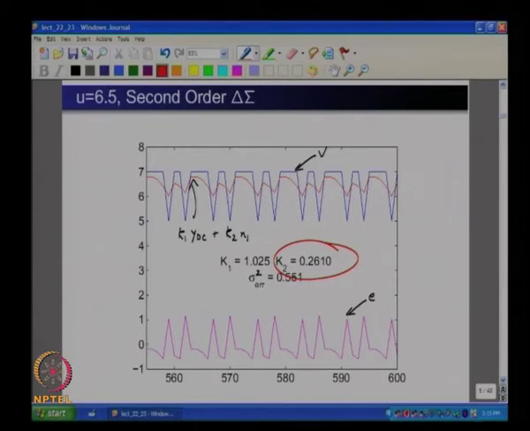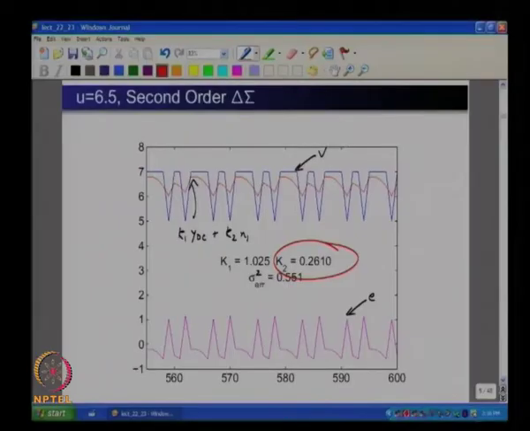In other words, a small change in the DC value close to the linear range of the quantizer is enough to push the gain for the quantization noise down dramatically. What was 1 can fall down, in this case as we see, to 0.26 or so, you understand. Okay. So the question now is, what happens